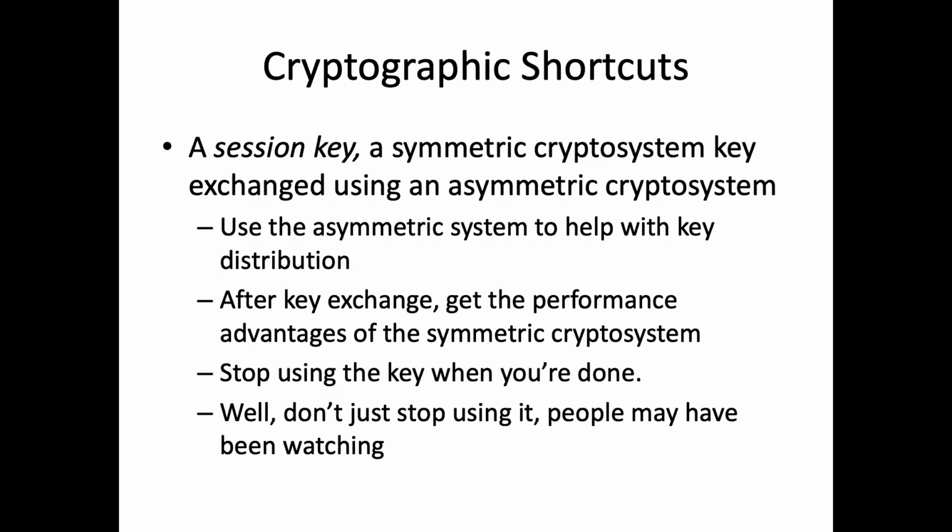We'll use an asymmetric crypto system to agree upon a symmetric key that we're going to use to cover all subsequent communication. And then once we've agreed on that, we'll stop using an asymmetric system, that more expensive crypto system, and we'll start using a cheap symmetric system. We covered the agreement on the key with our asymmetric crypto system. Each of us used our key pair to generate that.